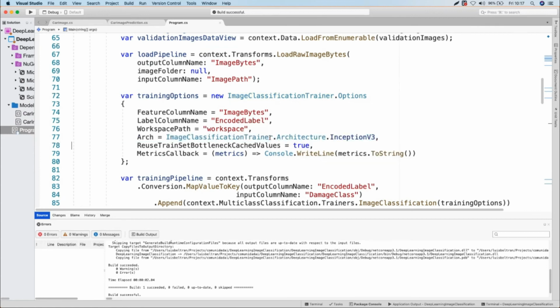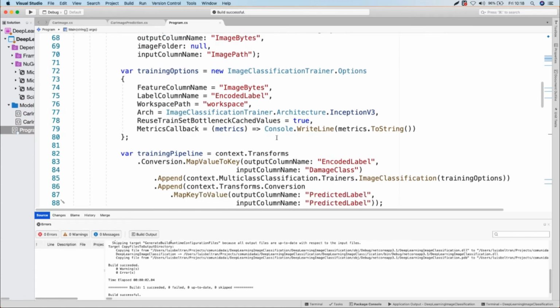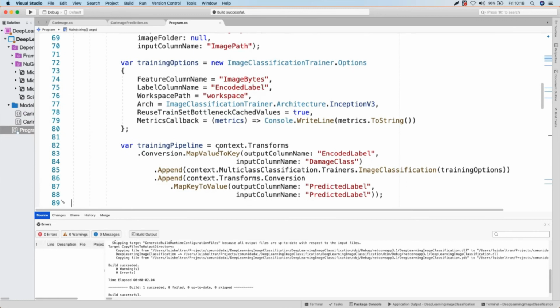And some other parameters, such as to avoid bottlenecks, you can reuse some data in cache. And yeah, well, I can also display some useful information maybe about the training process or some metrics. The learning rate, for instance, you can get it with this line. So yeah, this is the load pipeline.